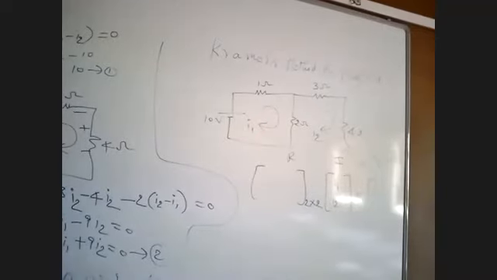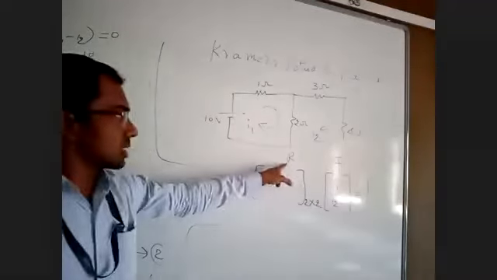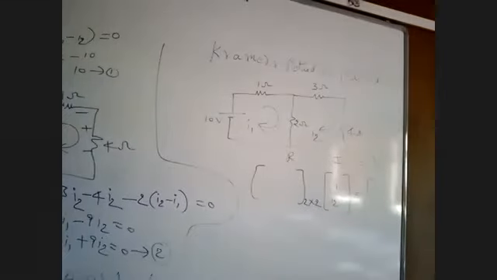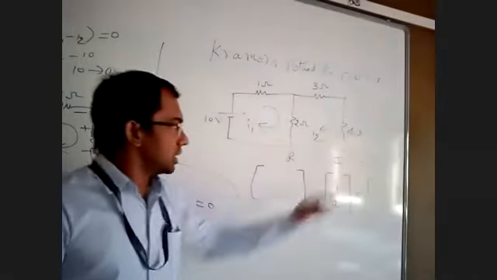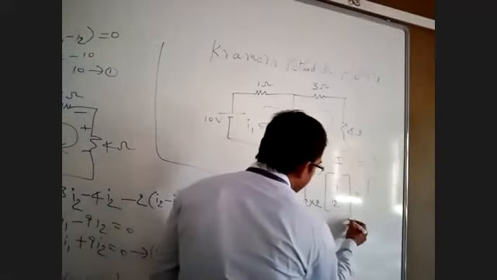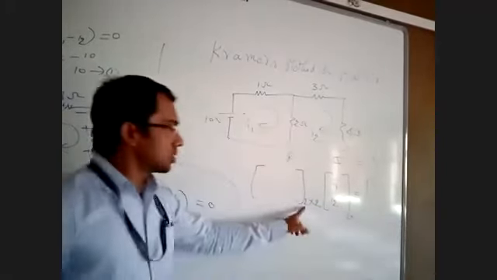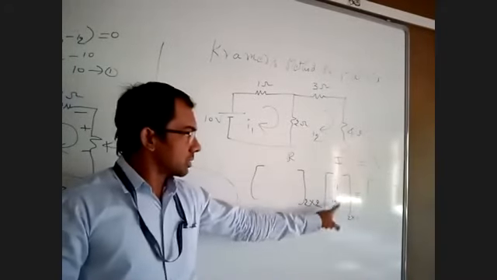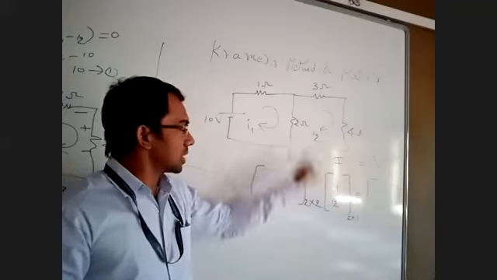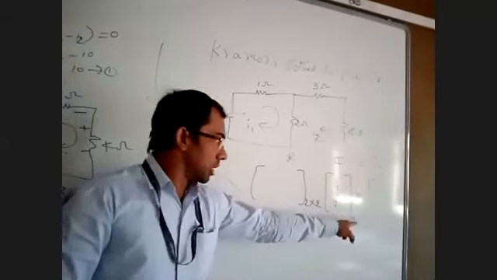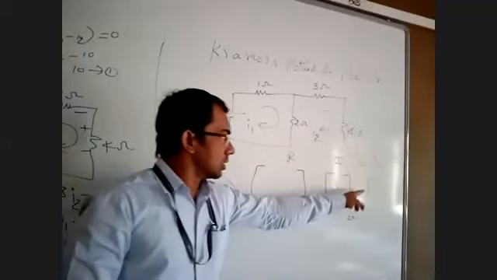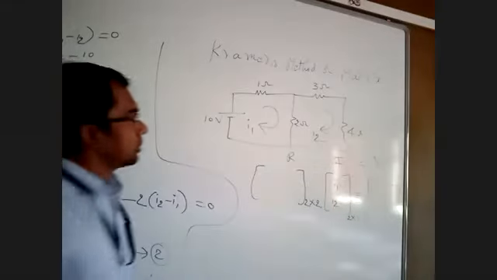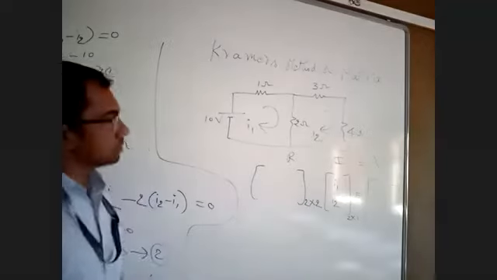See here, this is the matrix I am writing. Resistance multiplied by current is equal to voltage. Here, I is the column matrix. This is a 2 by 2 resistance matrix. Current has two currents, I1 and I2, since there are two loops, so 2 by 1. That is equal to V. V is equal to I into R. First I am writing the resistance matrix.